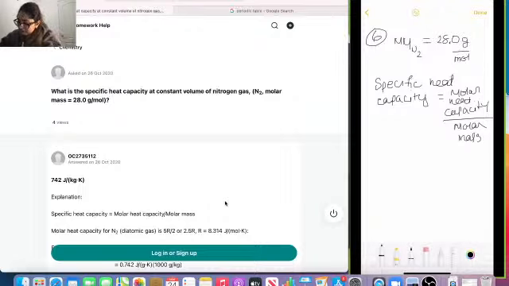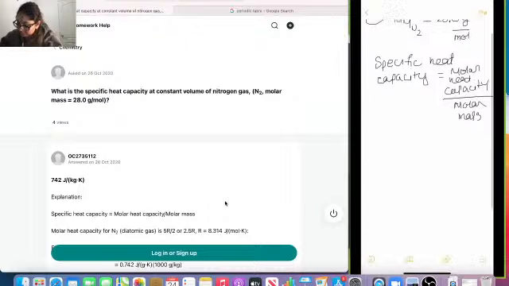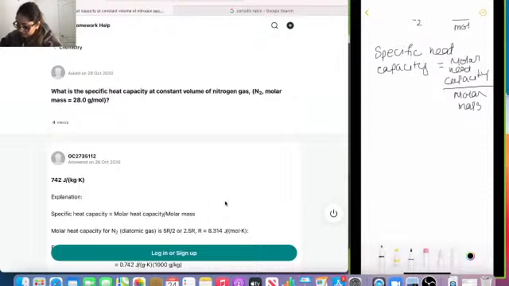The molar mass of a diatomic gas, which is N2, is given, and so the molar mass is given, and so the molar heat capacity